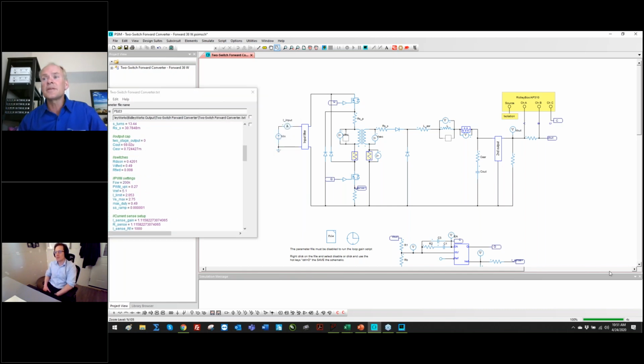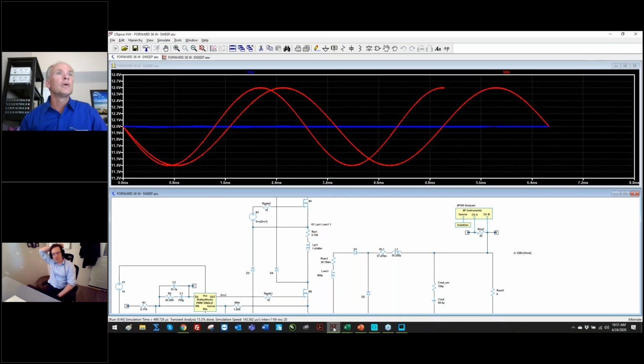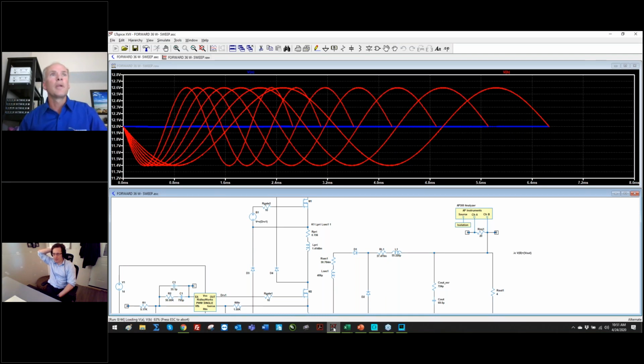Normally this is about 2 seconds, because I've got LTspice running in the background too. Let's see how it's doing, shall we? Yeah, while we're waiting for LTspice, I could just quickly comment on what PSIM is doing here. So one of the things that we worked on with PSIM